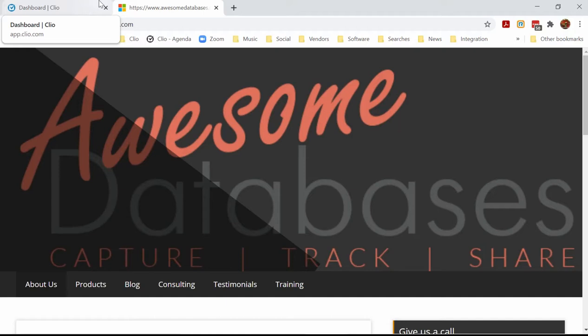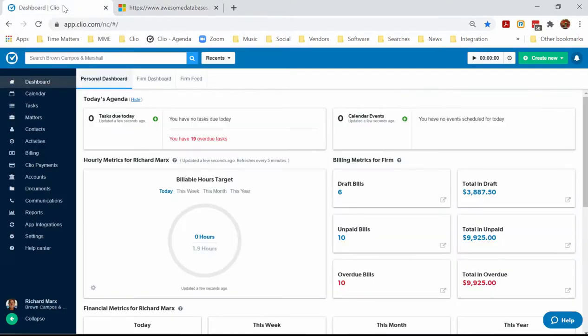Today I want to take a few minutes and go over Clio document features. There's quite a few of them. I'll try to get through this quickly, but I want to talk about document storage, organizing your documents, how we capture documents, how we automate and create documents. So let's get started. The first thing, Clio is designed around being able to organize your documents around a client